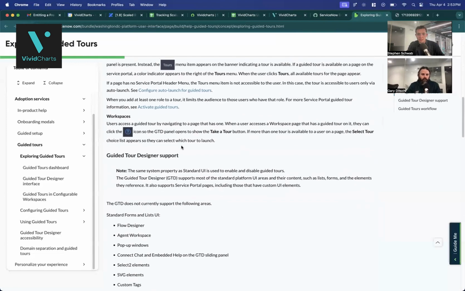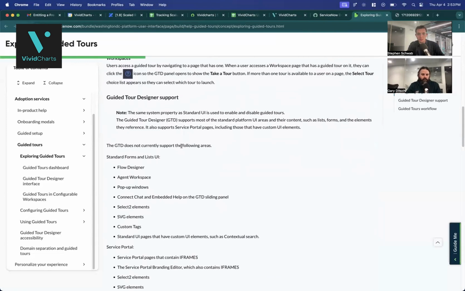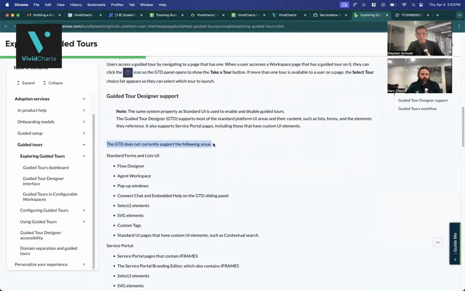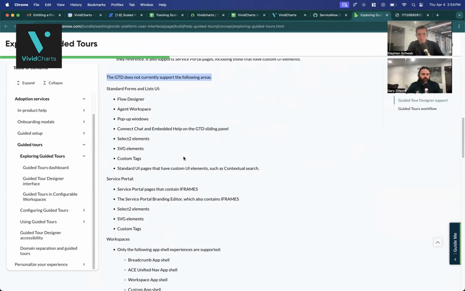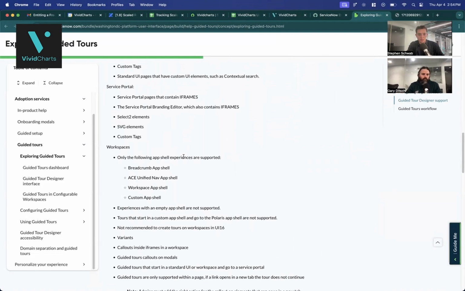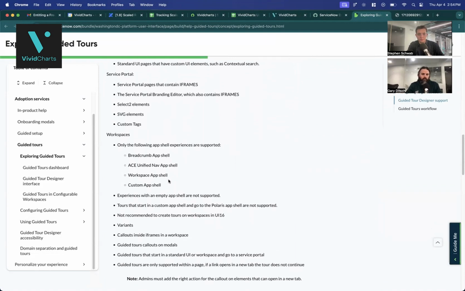However, when we got down to really digging into it, I learned that it's currently not supported in the following areas, and it's quite a few places. The thing that held us up was the app shell. We're using the basic app shell, which, as far as I can understand, is not supported. So yeah, we kind of had to throw that out,